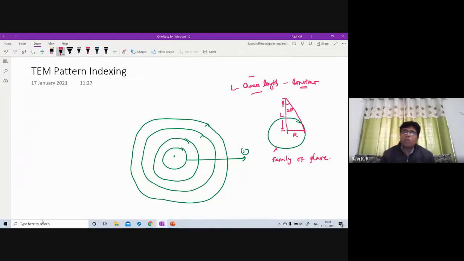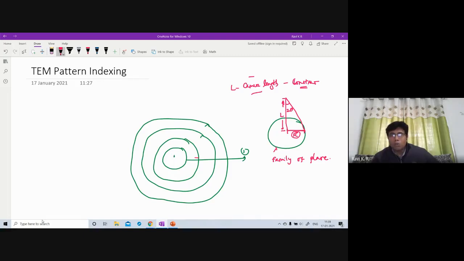This is a constant for a particular equipment. If you have an equipment, the camera constant is constant for that particular equipment. That is the reason we run a calibration file. Once you run a calibration file with a known value, from there we can calculate this value. If you know some material whose R value is known to us, then easily we can reverse and calculate. If you do it for 10 rings, automatically you should get the same.